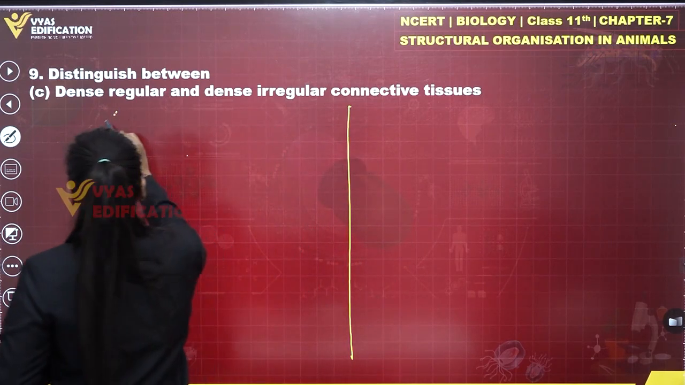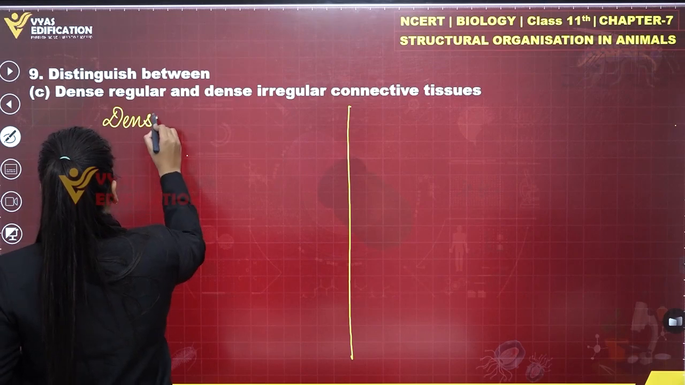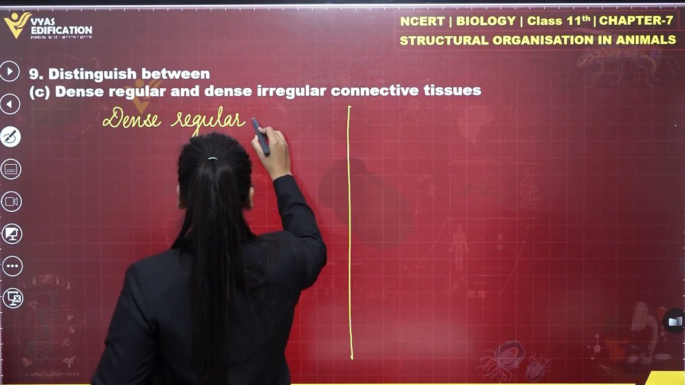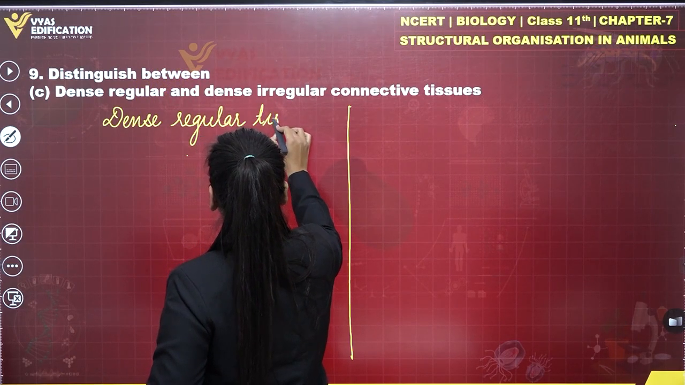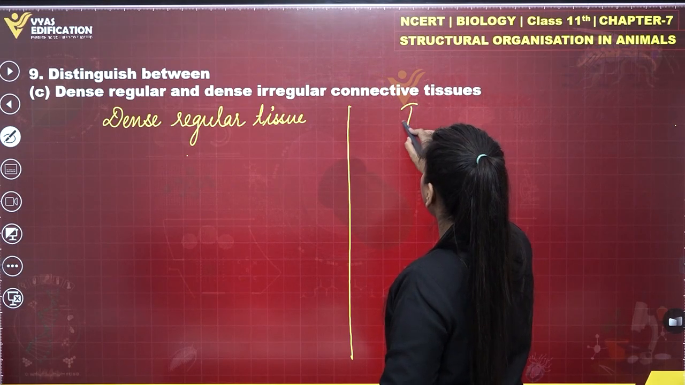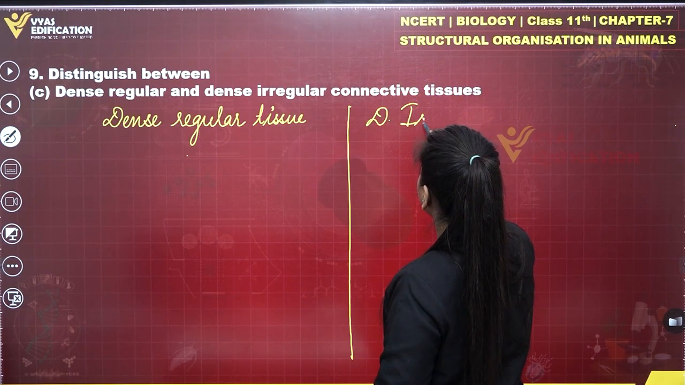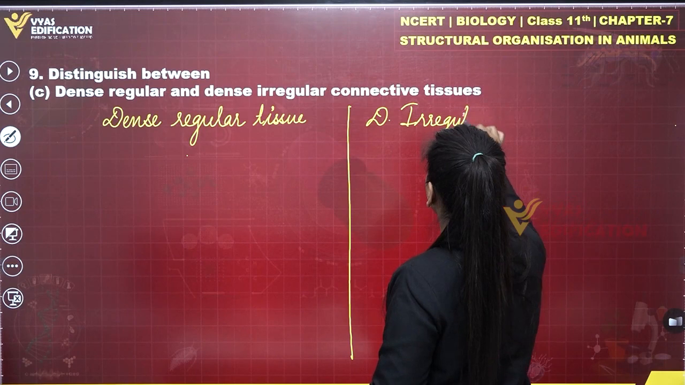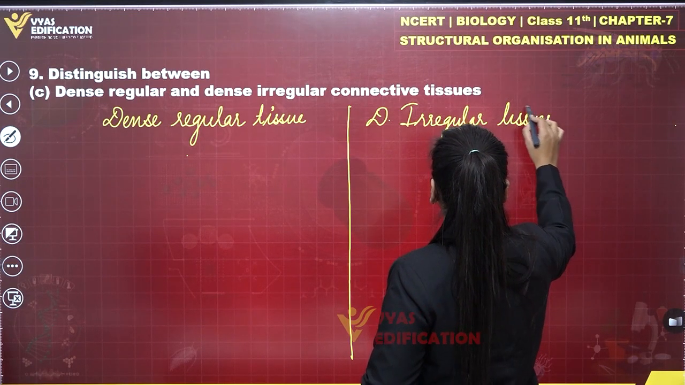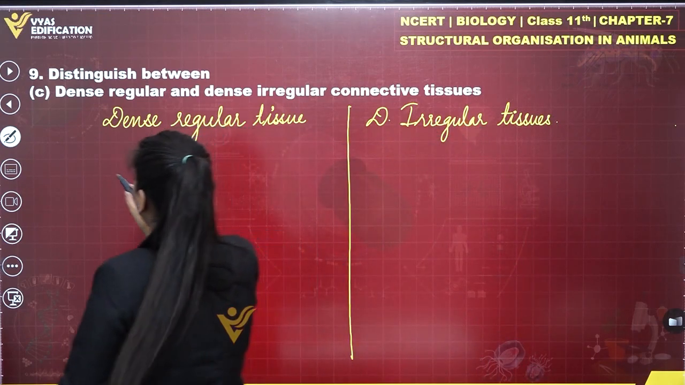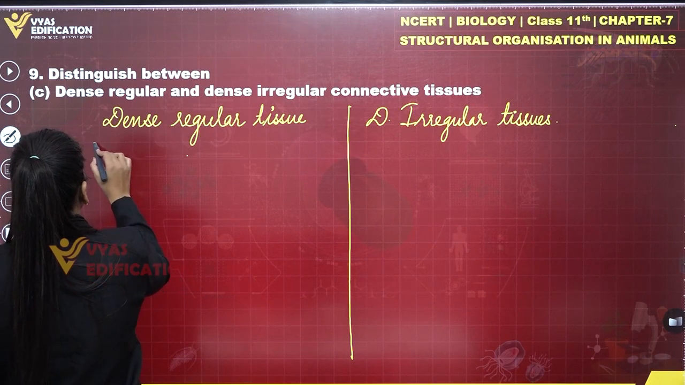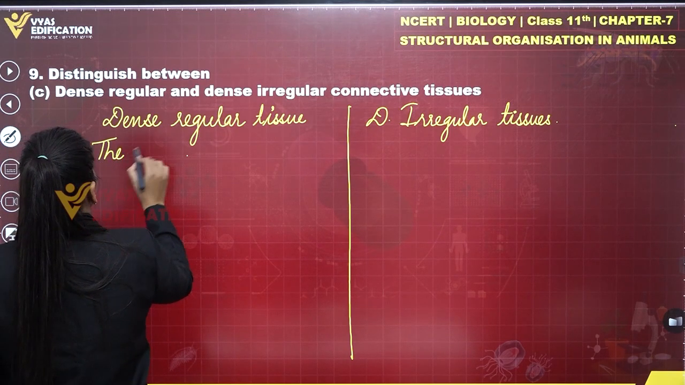In the left column we are going to discuss dense regular tissue, and in the right column we are going to write dense irregular tissue, right. So if we talk about the first point of dense regular tissue, then the collagen fibers in this